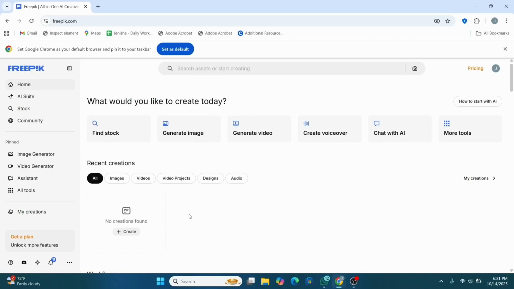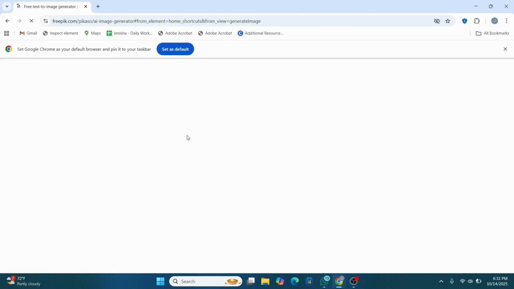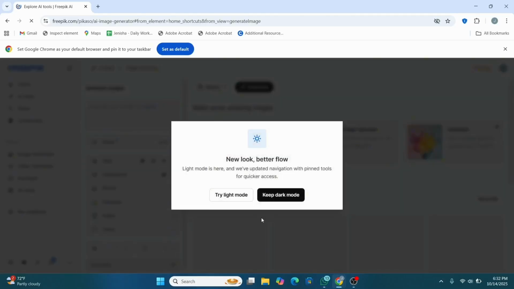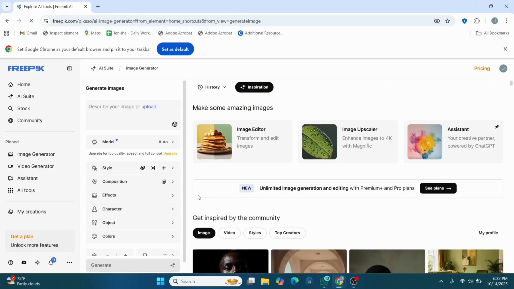For that, you can look out for the option of generating image if you want to create an image. And once you click on it, you can just go over and add in your prompt. So in this text box right here, you need to add in a prompt, what you want to create. For example, a cozy mountain is something I would like to create, and you can add in a description, like for example, a cozy mountain cabin during sunset,